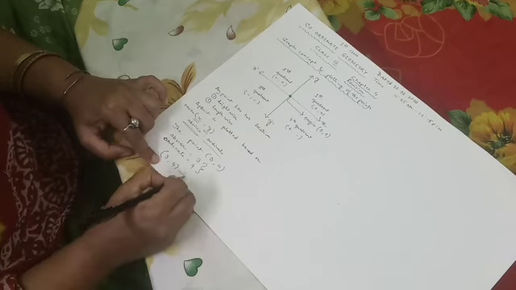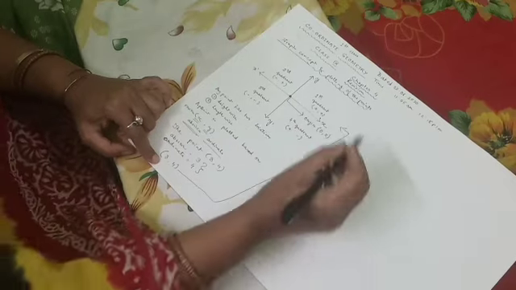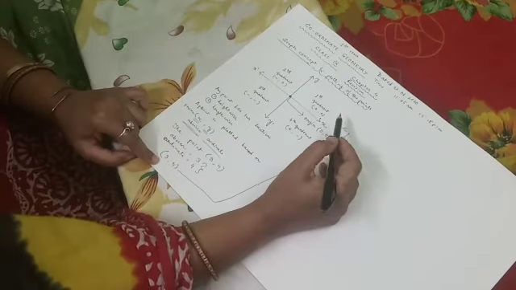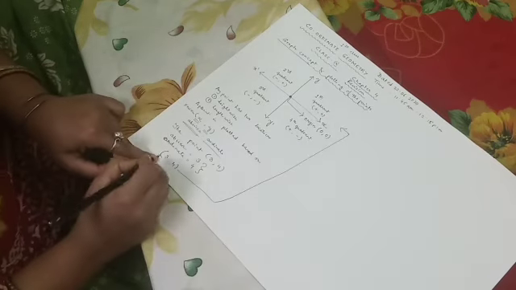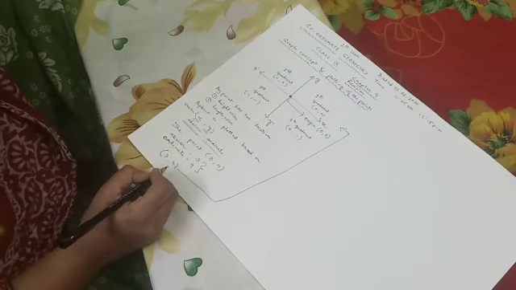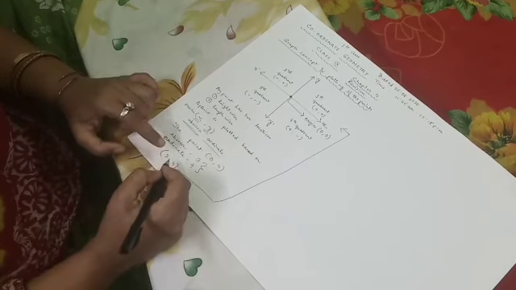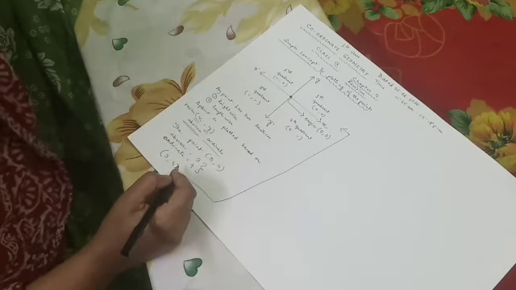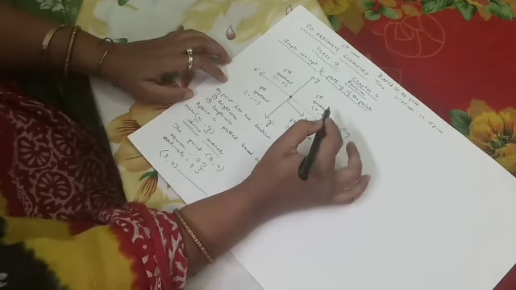Can you tell, children, which quadrant it will go to? You are correct. It will be located in the first quadrant. Why the first quadrant? Because both the values of the abscissa and the ordinate are positive. क्योंकि दोनों साइड में abscissa और ordinate positive है. So where will it be located? In the first quadrant.